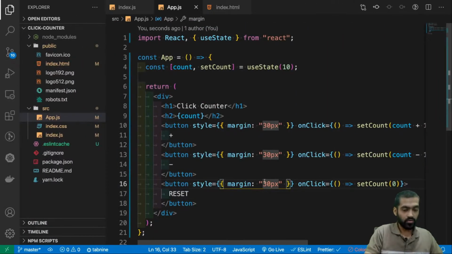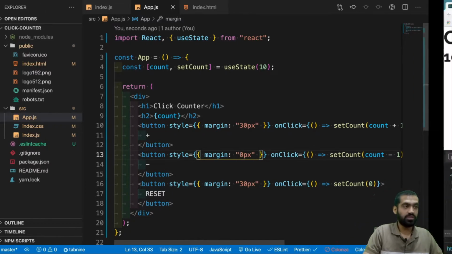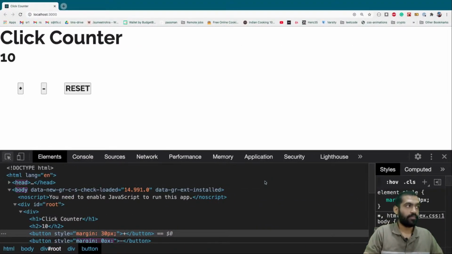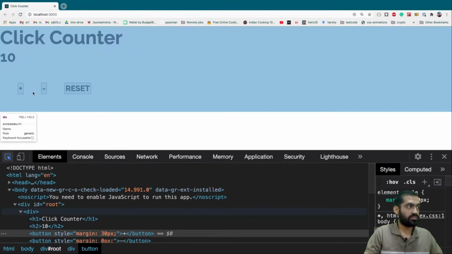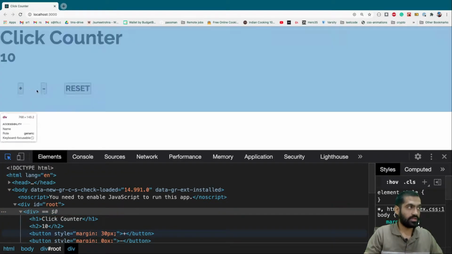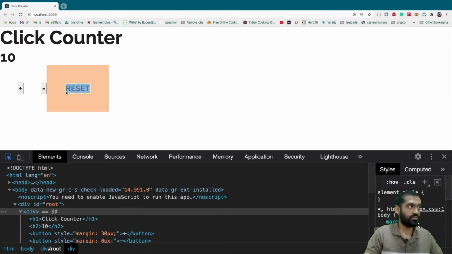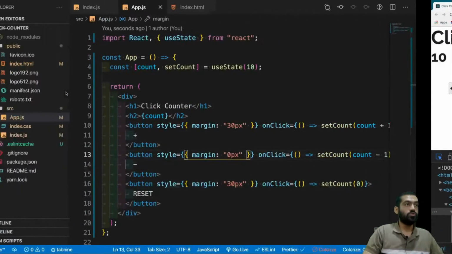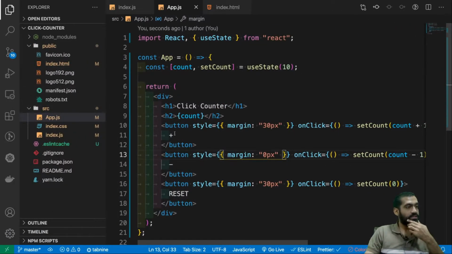If I forget it and just do 0 pixels here, you see the margin just went away from this button. Here's the margin for this button, there's no margin for this button, and here's the margin for this button. So essentially, this is not the correct way to write stuff.